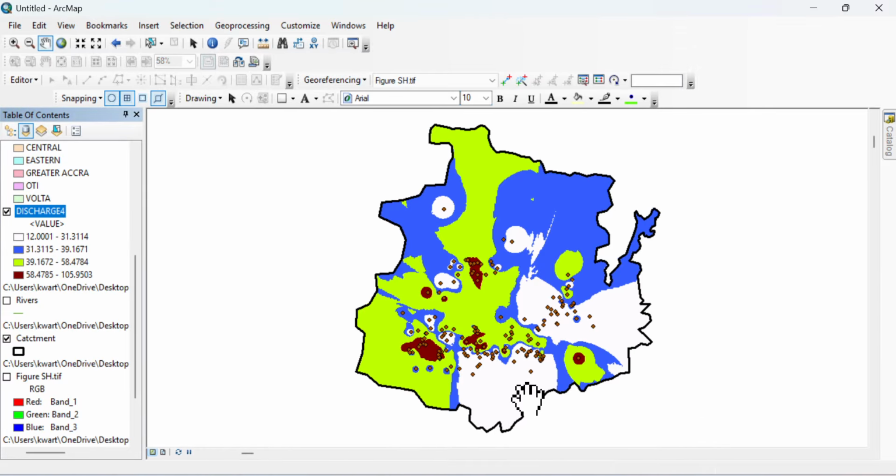So this is how it looks like. This is the classified image. You can be asked to perform reclassification and all that. So now let's say that